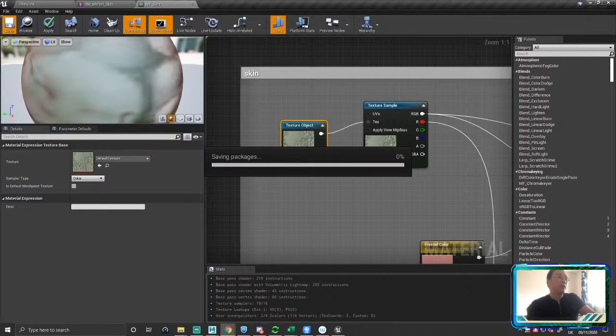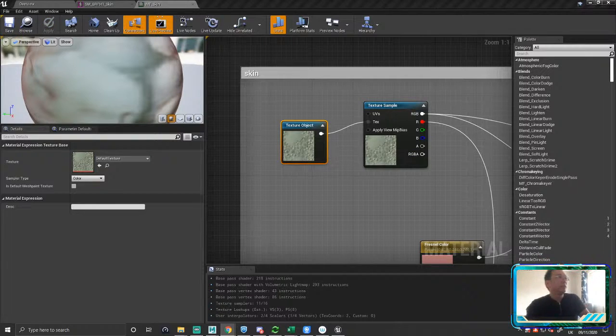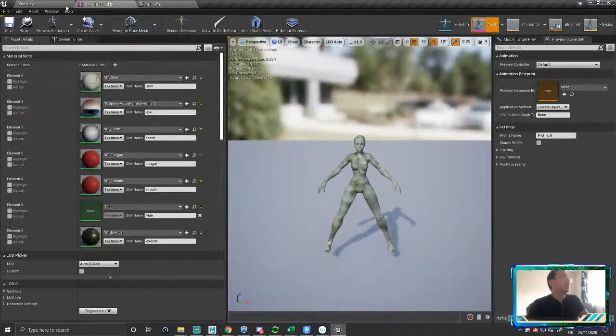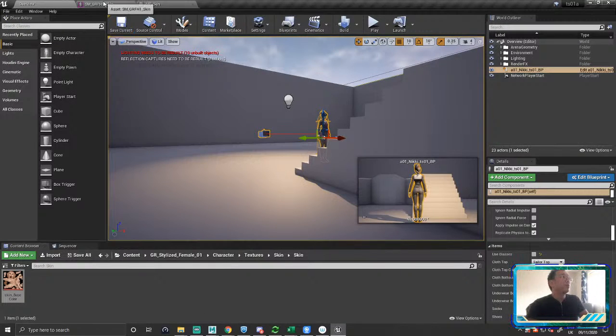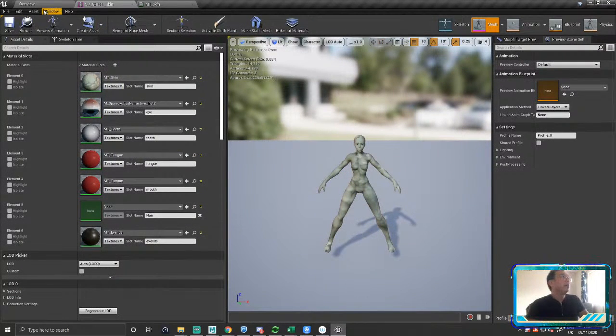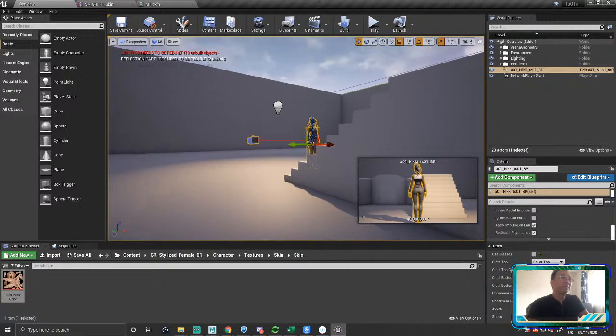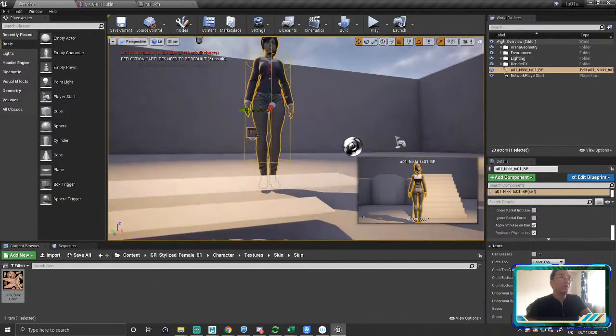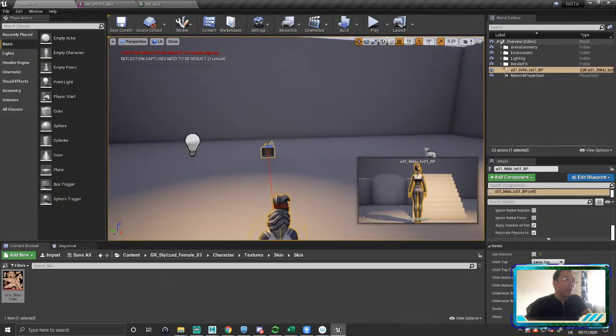Okay. Saving packages. All right. So I'm going to kill it if this doesn't work because we need to get that connection happening straight away. The material is there. Looks a bit crazy. That's cool though. I just want to see if by replacing